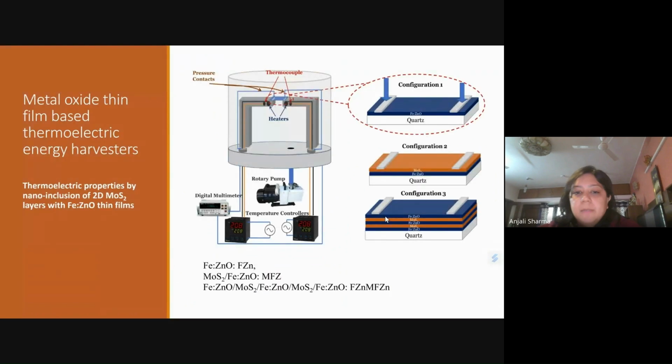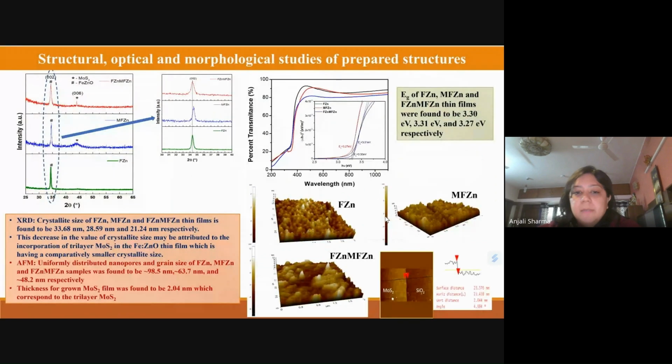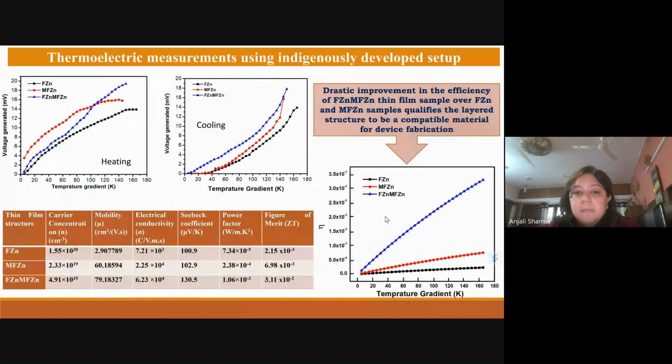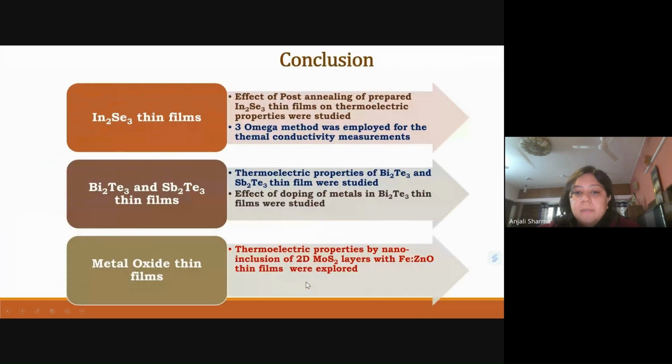So then we also exploited the metal oxide thin film for thermoelectric energy harvesters, and these are the results for MoS2 2D layers incorporated with iron-doped zinc oxide. So we also found that in this case the configuration where the sandwich is made between the MoS2 layer and the iron-doped zinc oxide thin film gives the maximum voltage generated, up to 20 millivolts. And again, the figure of merit is comparable with that of the bismuth telluride thin film based